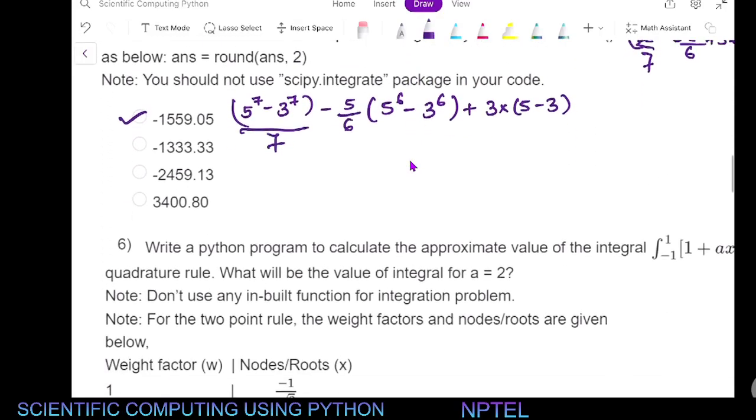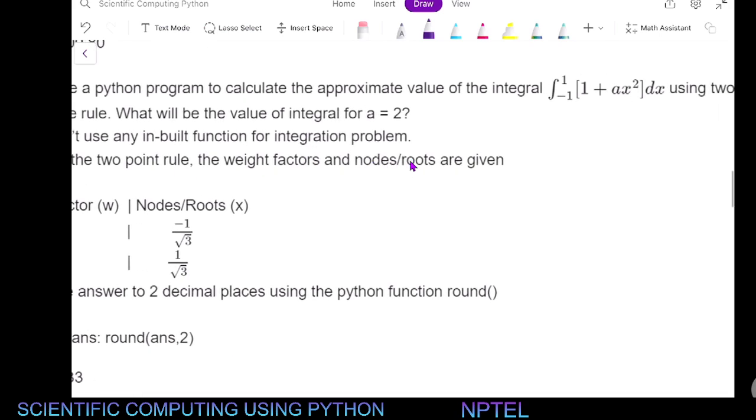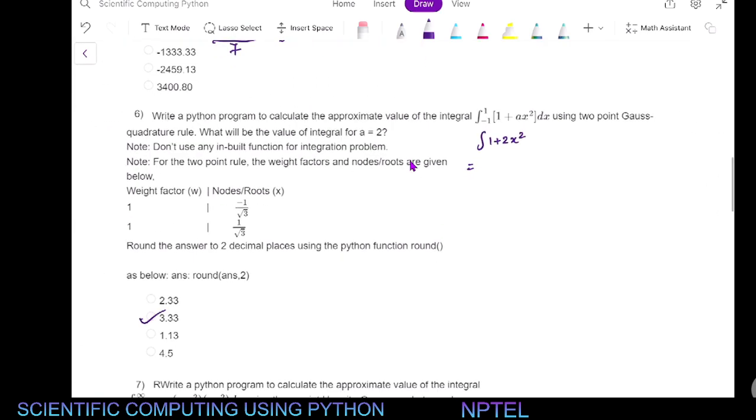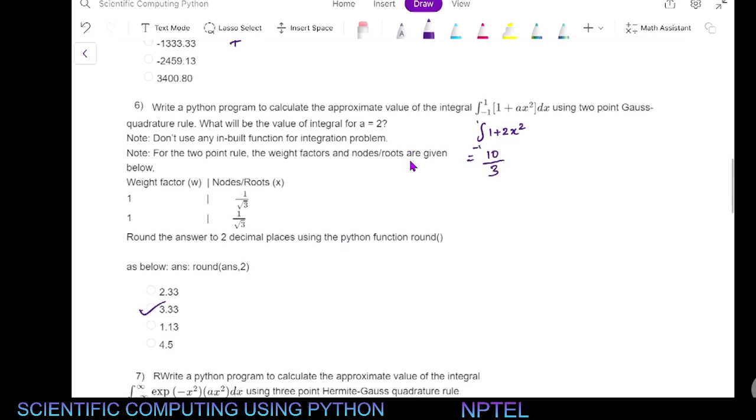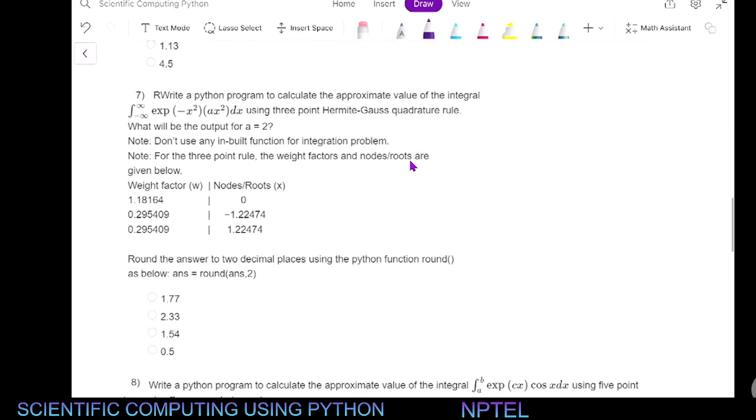So we had done till this fifth one. For the sixth one it is the integral of 1 plus 2x square, right? And that turned out to be 3.33, which was 10 by 3. Okay, so as I said, I won't do it. You might feel insulted, but we can do this one because it's fun